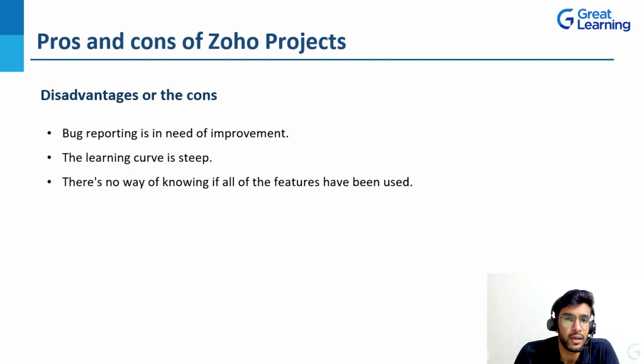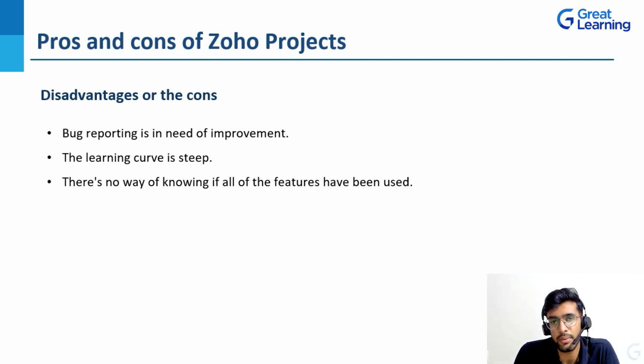So basically, the way we can raise an issue to customer support can be improved. That is what, according to my research and understanding of different reviews from good people and big organizations, I understood: the bug reporting needs an improvement, and the learning curve is very steep. Basically, if you hire a new employee, and you tell them that there is a project management tool that has been inculcated in every project that we are assigned to,